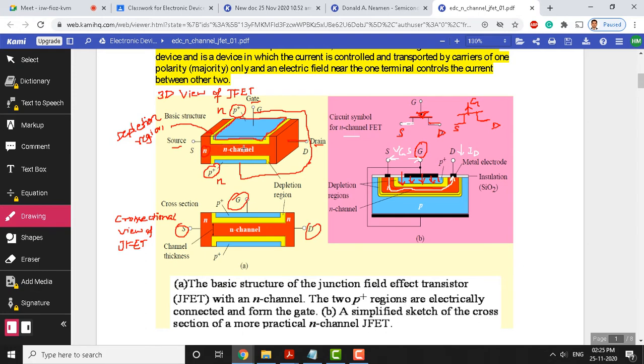conductance here can be varied. The capacitance effect plays a role here, because this P plus region will act like one plate. This is the P plus region, the upper and bottom regions, and the N channel will act like the other plate. So between them there is a capacitance effect, and this induces the conductance. The conductance here is because of the voltage that exists between the gate and the channel. It is a capacitance effect in fact.